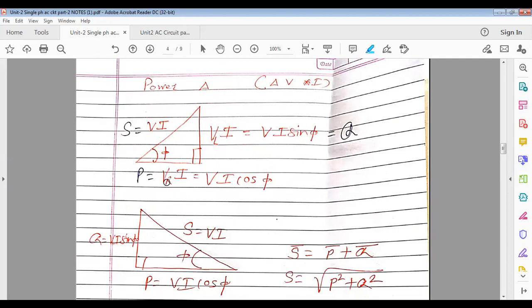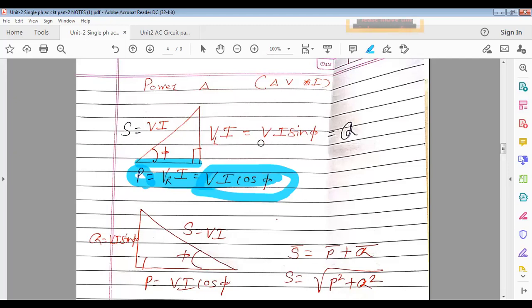Now what is the value of VR? We have seen in the voltage triangle, is it V cos phi? Can we replace VR as V cos phi? Yes, ma'am. Can we replace VL as V sin phi? Yes, ma'am. So after replacing, in the power triangle, what I'll get along this? VI cos phi. And just now, when we simplified instantaneous power, we got average power, equal to capital P, and that we got as VI cos phi. So the same component we are getting along this.